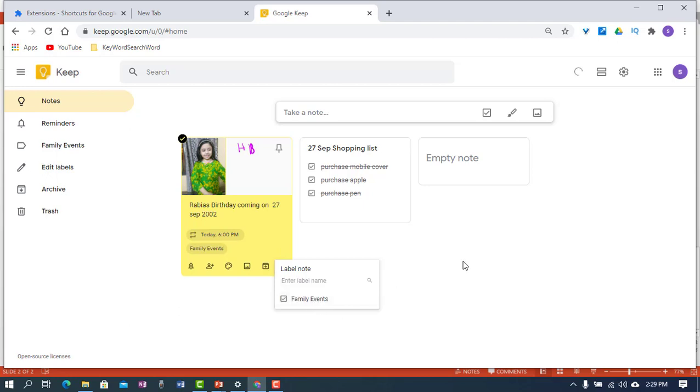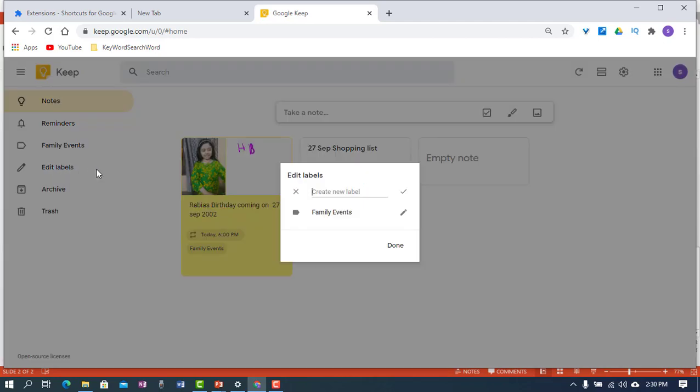Okay, so as you can see, I created a label here which is called family events. In the same way you can also create a label before you use them. So on the left side, you can see that there is an option which is called edit labels. Just click on it, and you have an option here to create a new label.